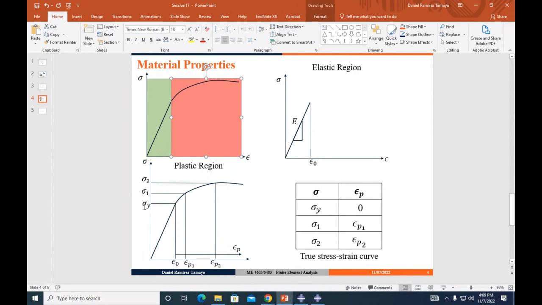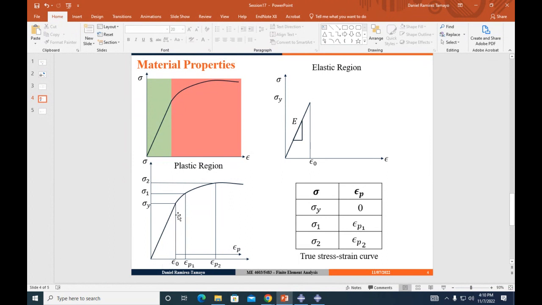once we have our yield stress, this value in here, let me paste it in here. This value in here is my yield stress. So at my yield stress, I know what the strain value is, right? Because from Hooke's law, I can define what this value here is, right?